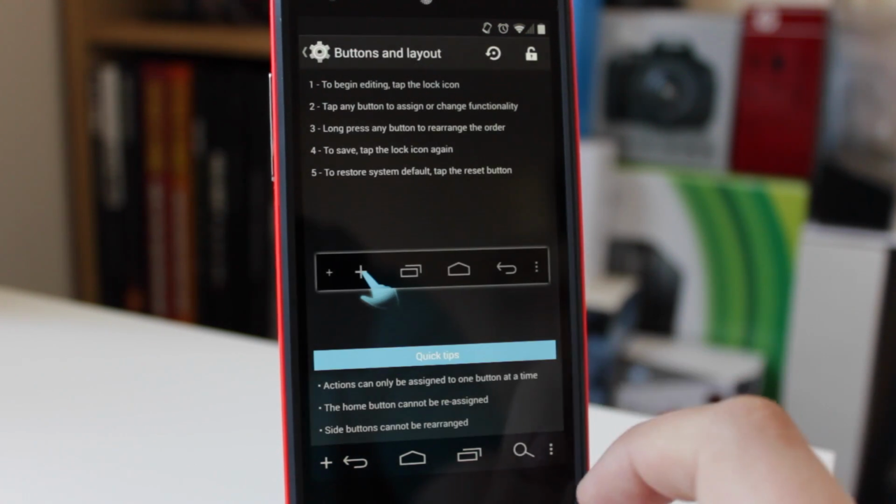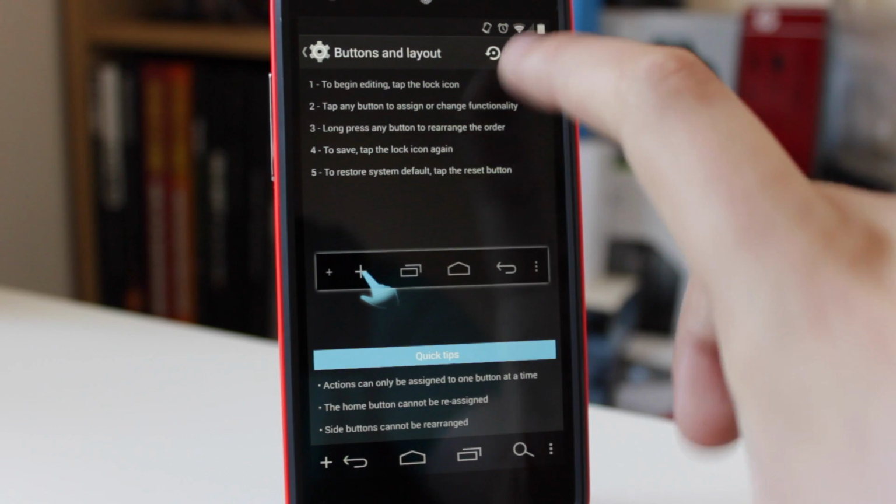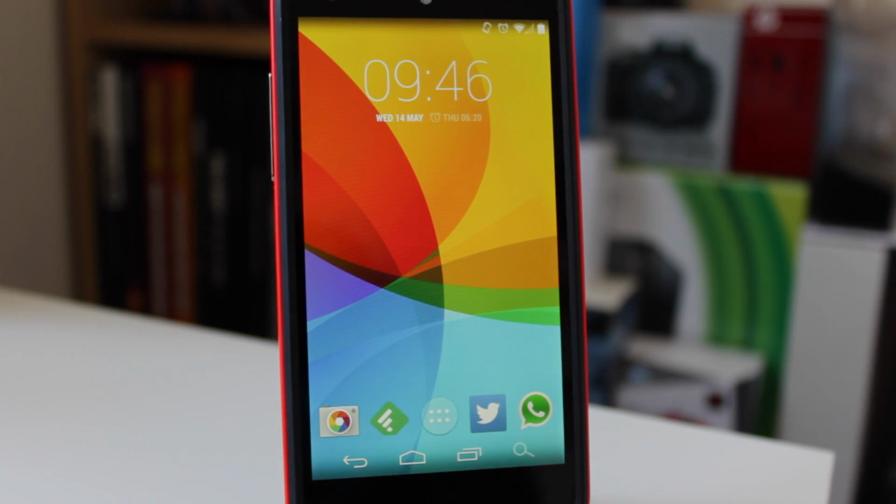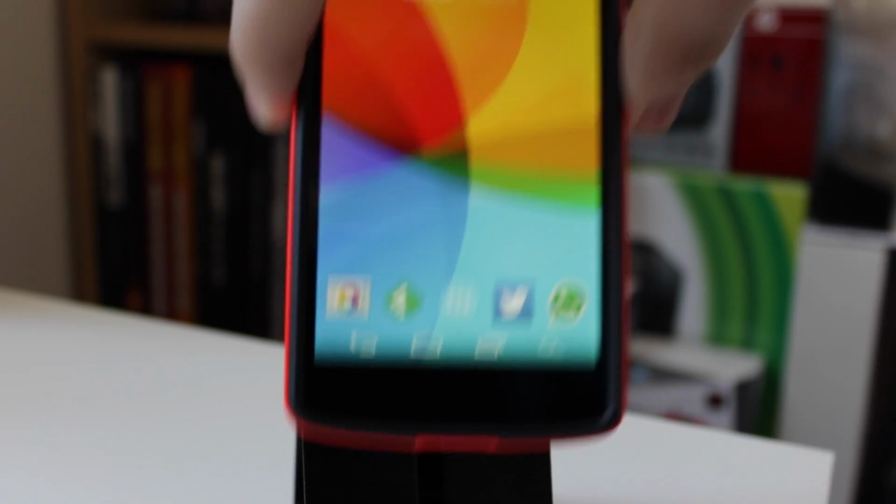So if I now add a search button onto there and then just lock it again, you can see now that my navigation bar on the bottom has changed completely, so I've now got 4 buttons. But I'm not sure if you can tell on video, but these buttons are a lot more white and crisp than what you get with this. This is kind of greyed out and not as good looking as these buttons that you see on the side here. And if I actually bring it in closer,